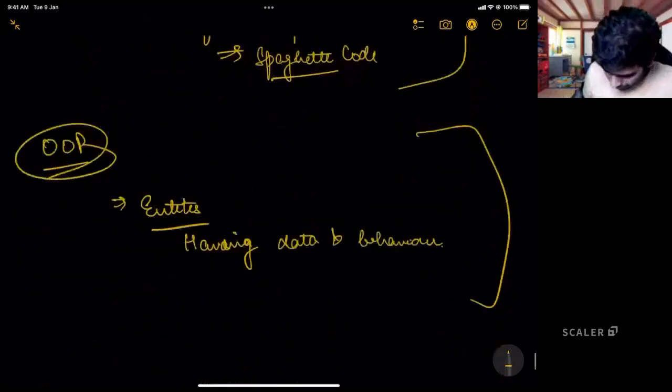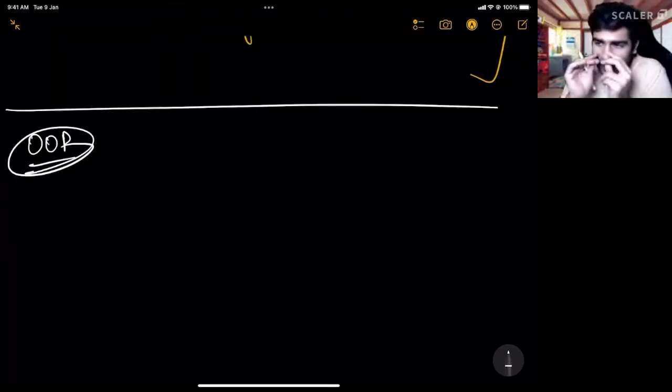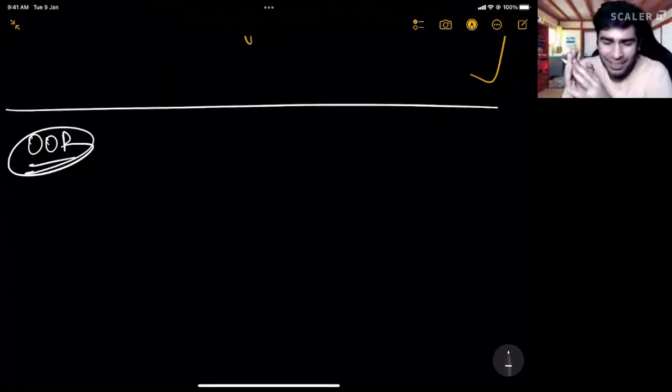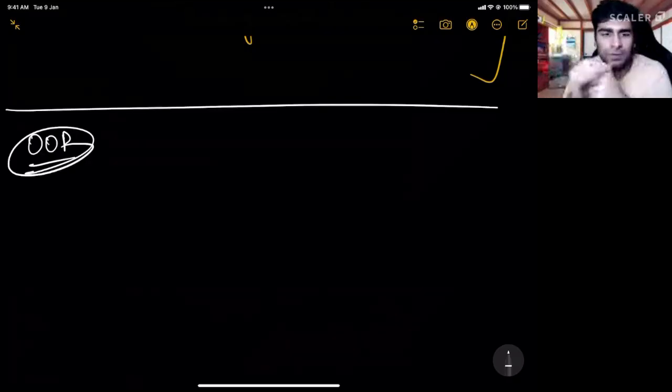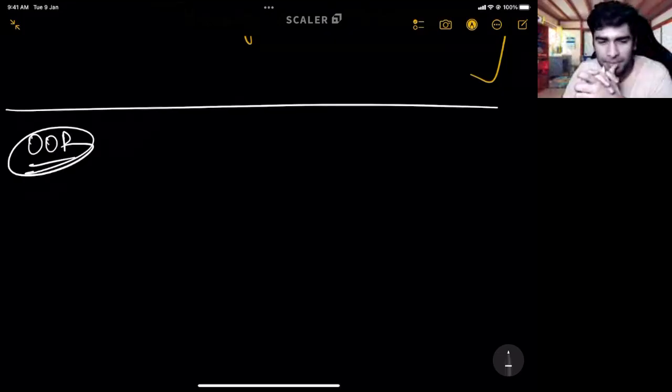Okay. So let us get into object-oriented programming now. How many of you have heard about something called pillars of object-oriented programming? Unfortunately, many people already know the answer to this. Let me try it again. There are some pillars of object-oriented programming, right? Quick question: how many pillars of object-oriented programming are there?